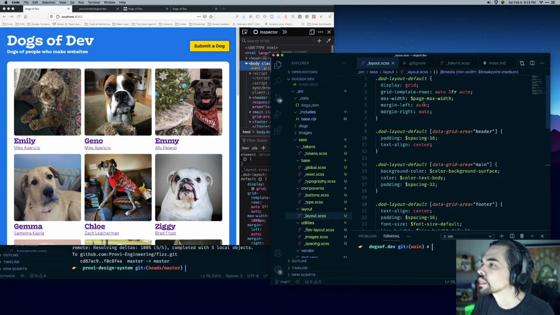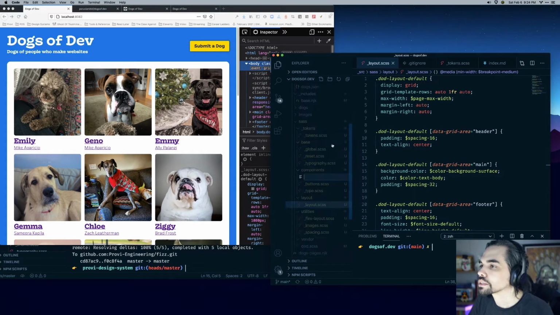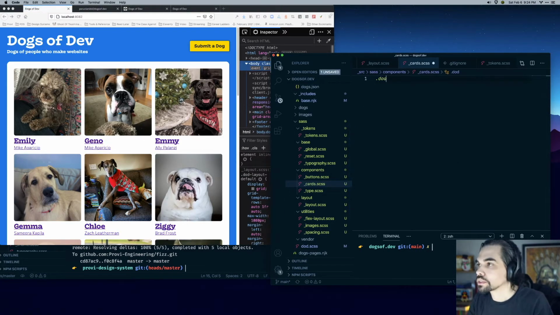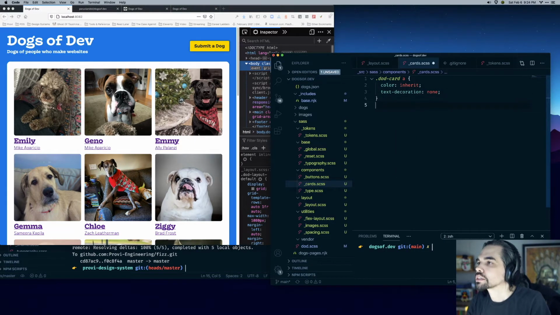So I think we'll make a component. Call this cards. DOD card. So really don't need to do much anything here other than to say that inside of a DOD card, A should have color inherit, text decoration none, and then on hover,